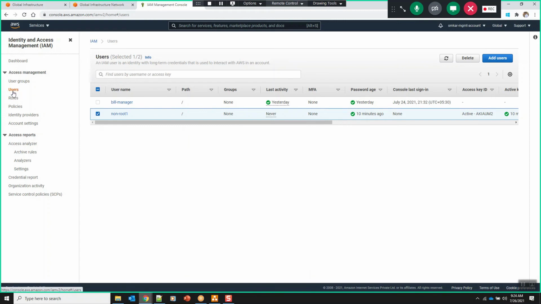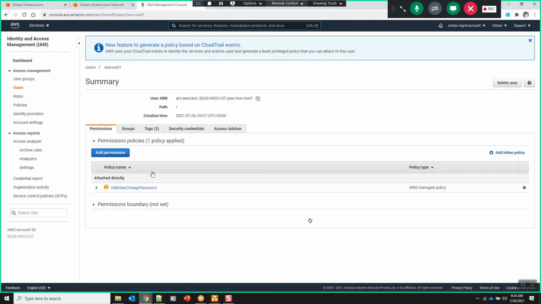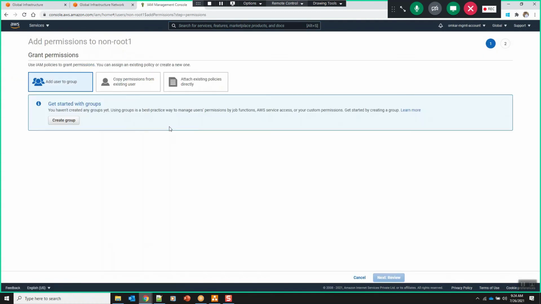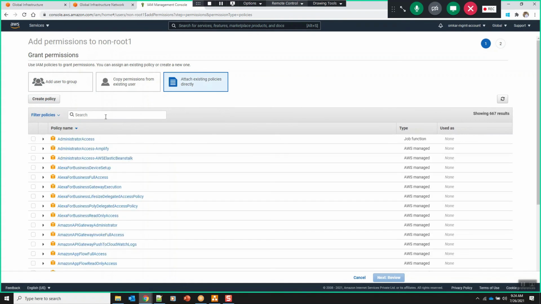I have switched to the root user, and I will click on this non-root user and try to add some permissions. Click on add permissions. Okay. So here let me search for EC2.